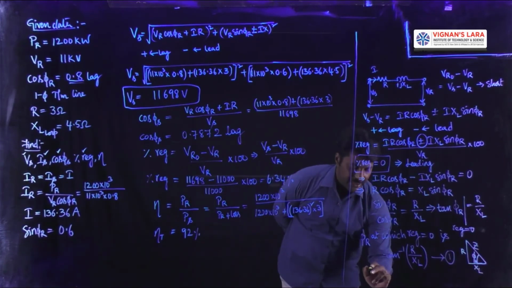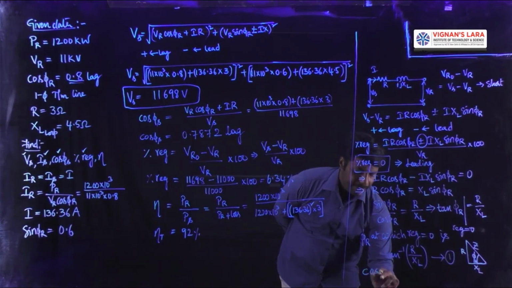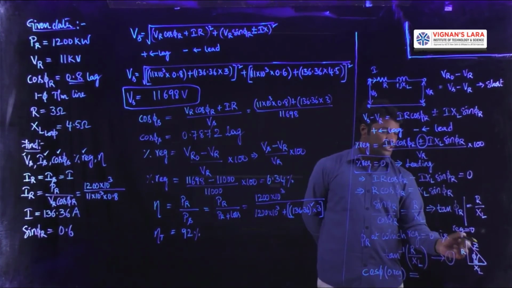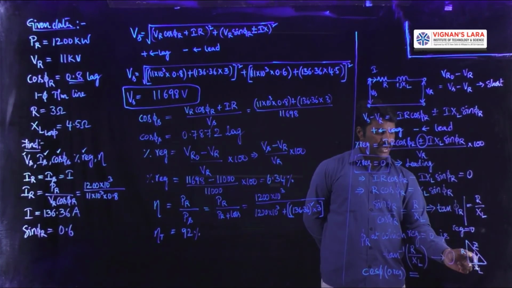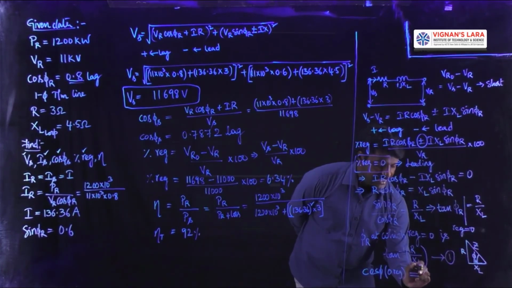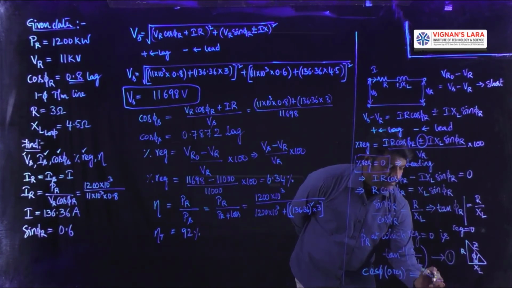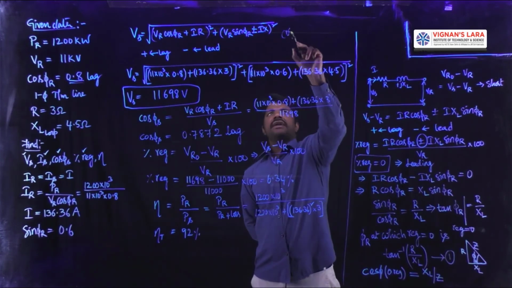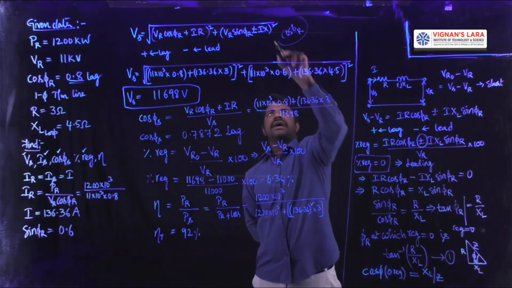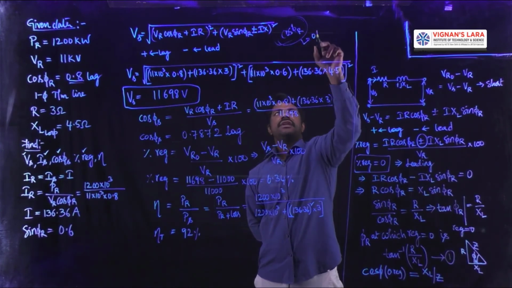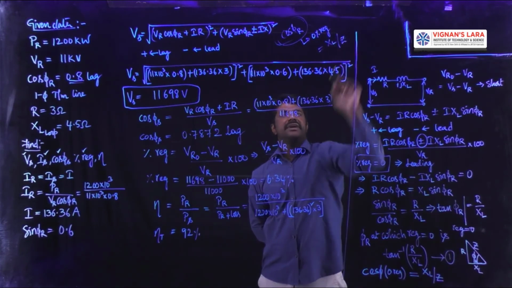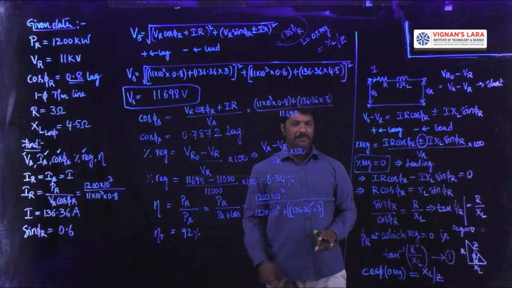Then let me write here the power factor cos phi corresponding to zero regulation. Its value is found by applying cosine to this right angle triangle. Cos theta is equal to adjacent side by hypotenuse, that is XL by Z. This is the formula, so once again I repeat: the power factor at which zero regulation occurs is equal to XL by Z, where Z is equal to square root of R square plus XL square.